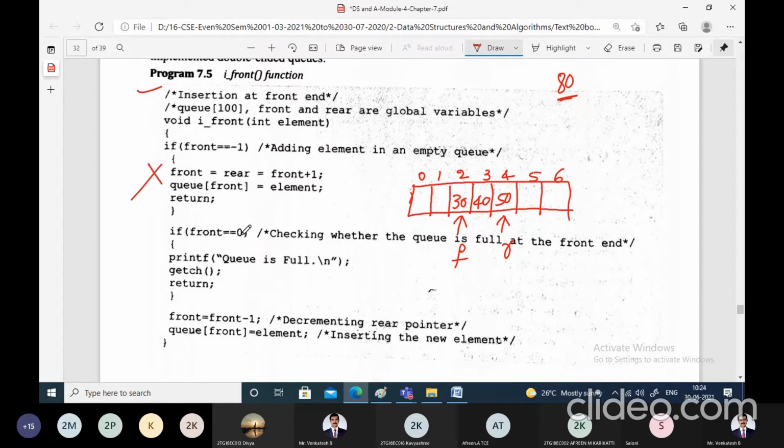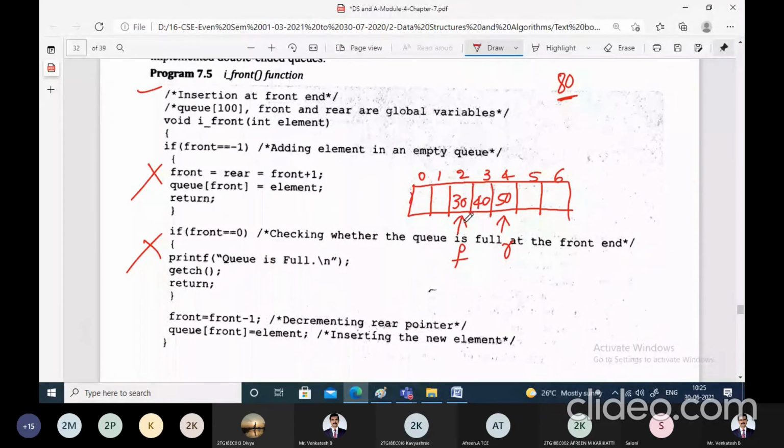Else check whether front is equal to 0. Earlier, if you remember, after inserting 10, we were not able to insert one more element. Why? Because front was pointing to 0. Now in this case, front is not pointing to 0. Front is pointing to index 2. That means this also fails. Ultimately what it indicates here is there is some space available at the front end of the double-ended queue. You still have possibilities to insert some more elements.